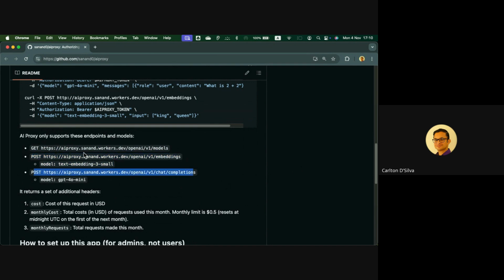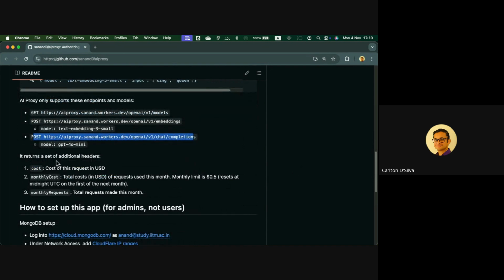It also tells you what these requests will send you back. In addition to the responses from the LLM, you'll also get some additional headers, which tell you what the cost of the request you sent was, what the monthly cost will be, and all these details will come back through the header response.